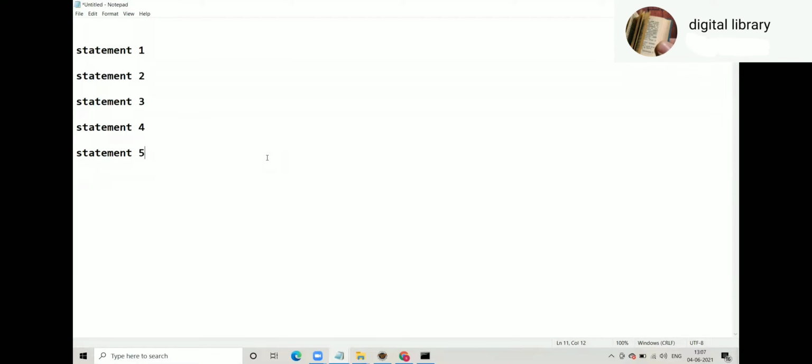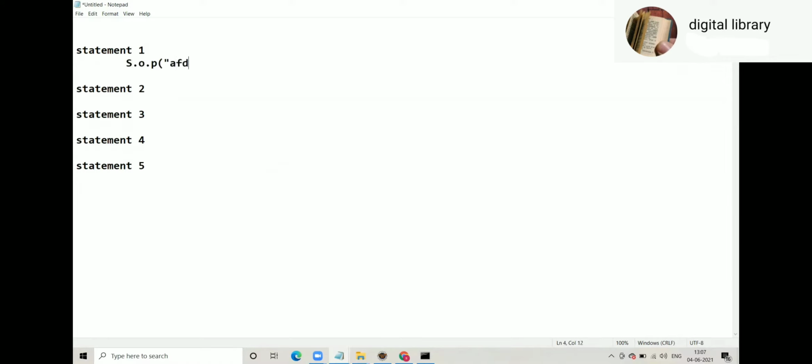And you are confused. क्या हो रहा है code में? So in order to test your code, the simplest way is you write SOP after 1. यहाँ पे. Then you write SOP here after 2. Then you write that SOP here after 3. Then you write here after 4. Then you write here after 5. And then you run the code.